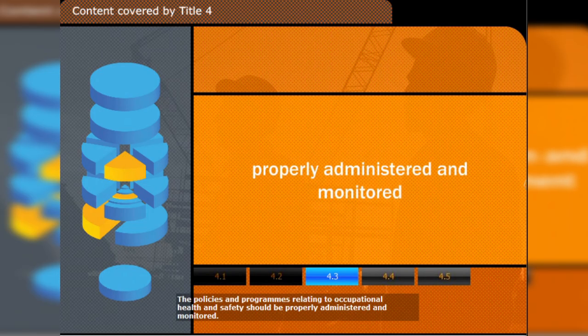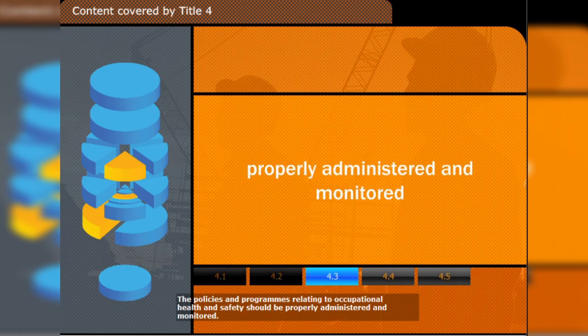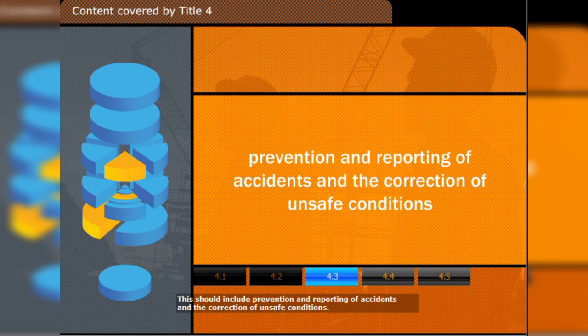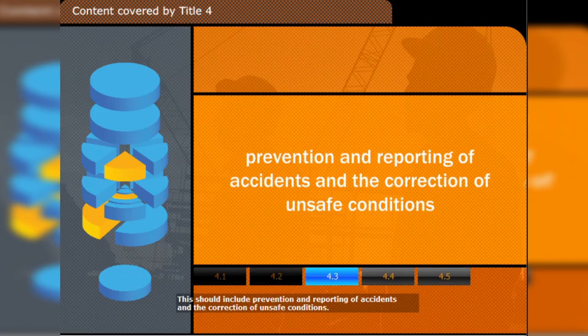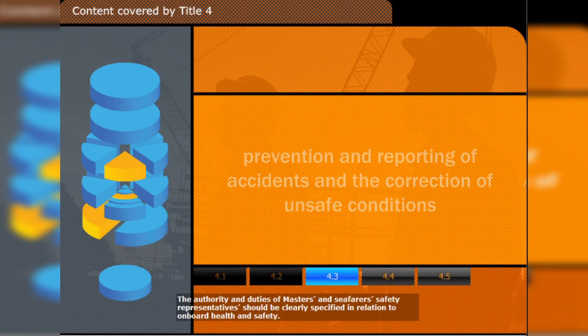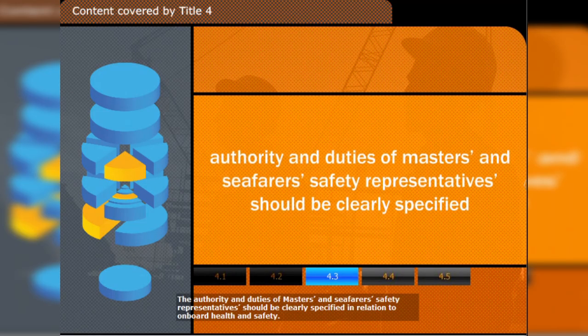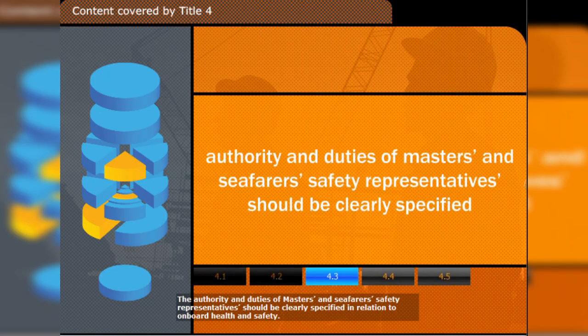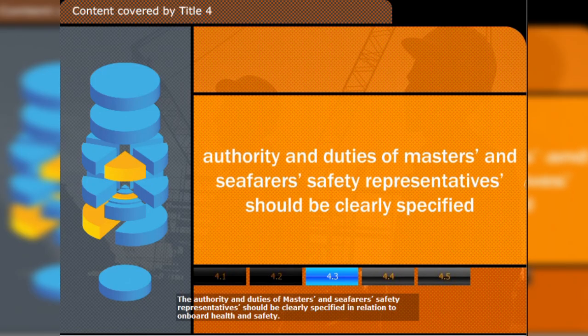The policies and programs relating to occupational health and safety should be properly administered and monitored. This should include prevention and reporting of accidents and the correction of unsafe conditions. The authority and duties of masters and seafarers' safety representatives should be clearly specified in relation to on-board health and